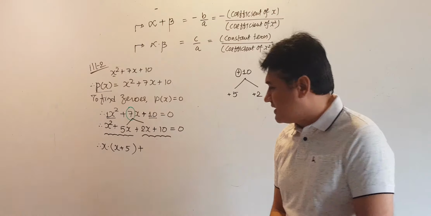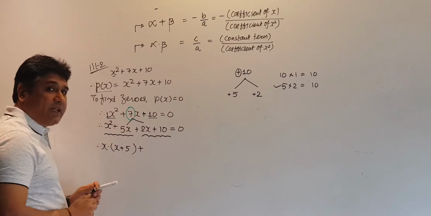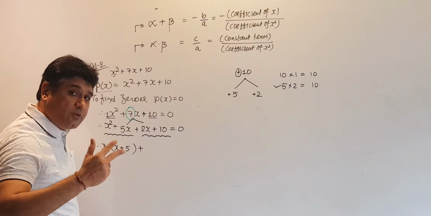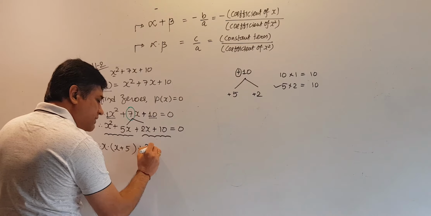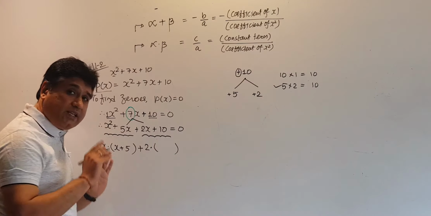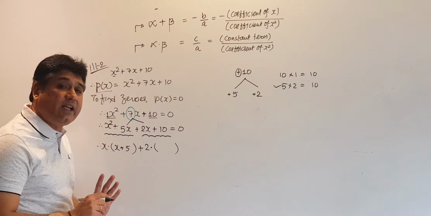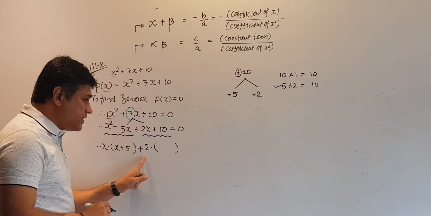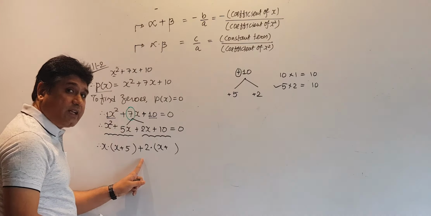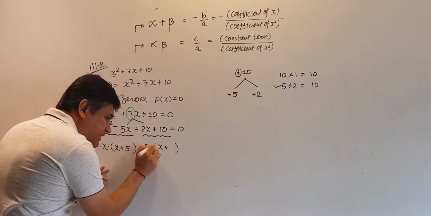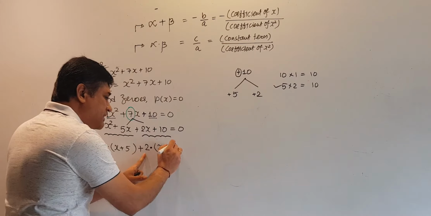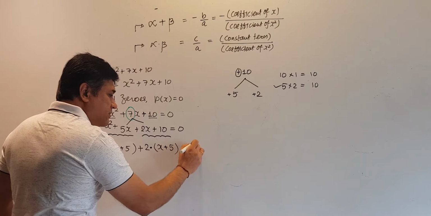Agreed? Yes, friends. So now in the second pair, what is common? 2 and 10. In the table of 2, 10 would be there. So I'm getting 2 common. So the relationship is multiplication. Into bracket, what will be there? What is left? So in 2x, 2 is common. What is left? X. Sign plus. 10 minus 2 is not to be done. It's 10 divided by 2 because here the relationship is multiplication. So 10 divided by 2, the answer will be 5.